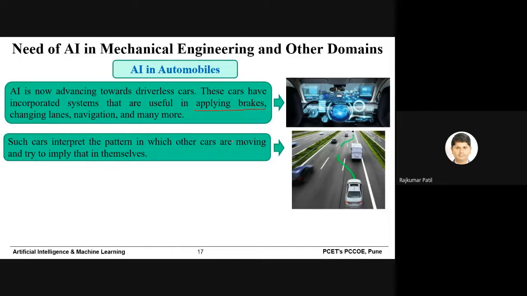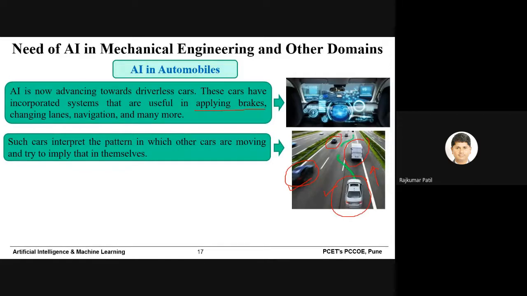Again, when we are dealing with autonomous cars, changing lanes and overtaking are also very important parts. And again in that, the car has to understand many parameters. For example, in the second figure you can see an autonomous car. Assuming that it is an autonomous car, it has to understand the maximum speed limit for that road, the speed with which that car is going, the speed with which the other vehicles are going,